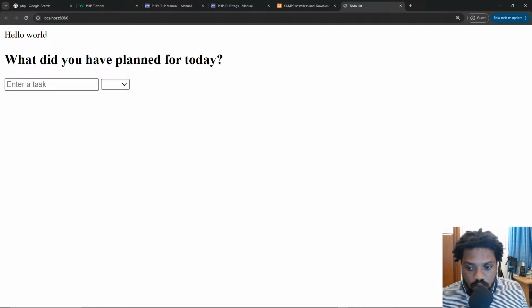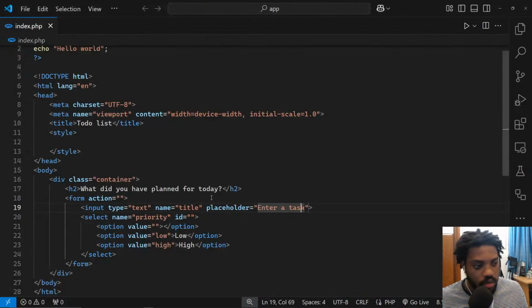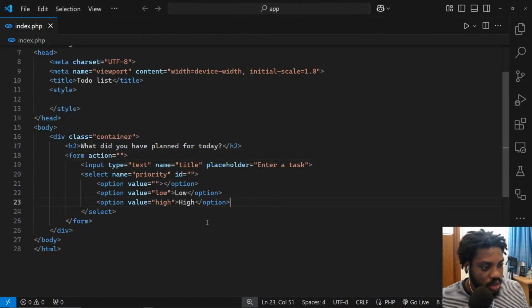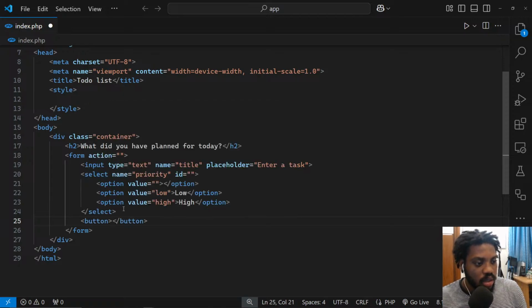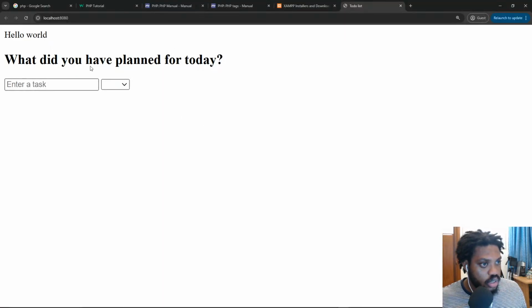So here's what I'll need to do. I'll just come back here, right? And after the form, we need a submit button. So just put a button here like this and say submit, and yeah, I think this is good for now. So let's open this again. Okay, everything is kind of lined up